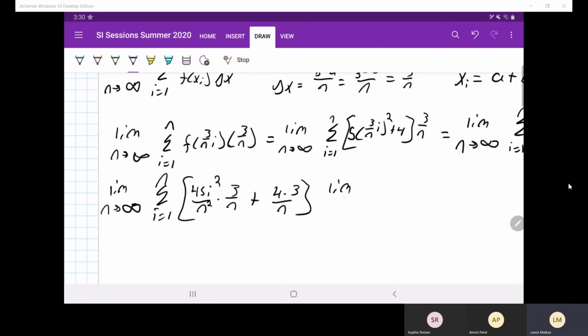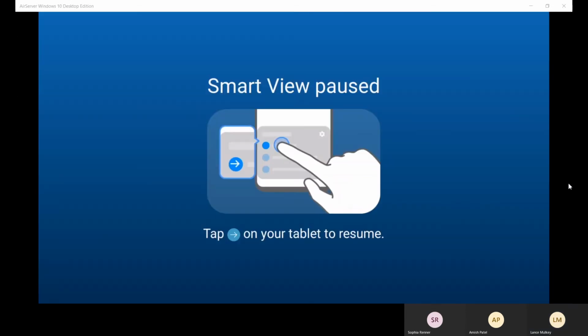So the limit, keep this on the outside. What we can do is now we can distribute this to each of these terms. What's 45 times 3, guys? 90, 135 over n cubed plus